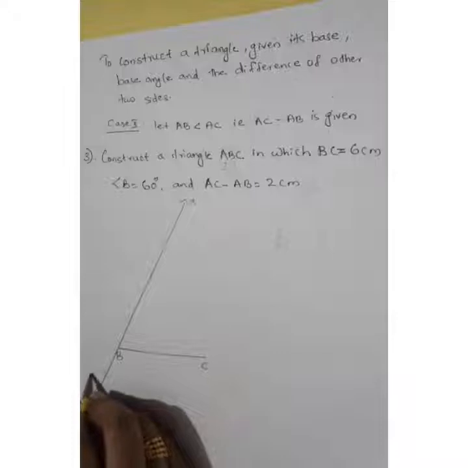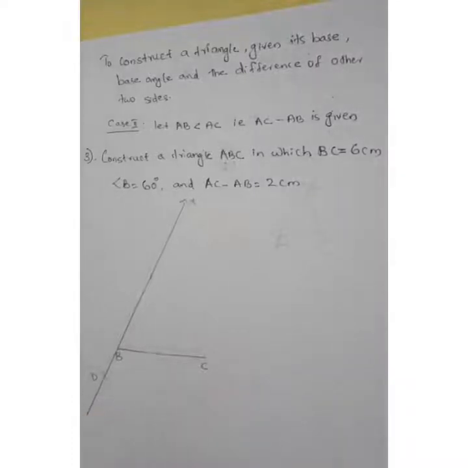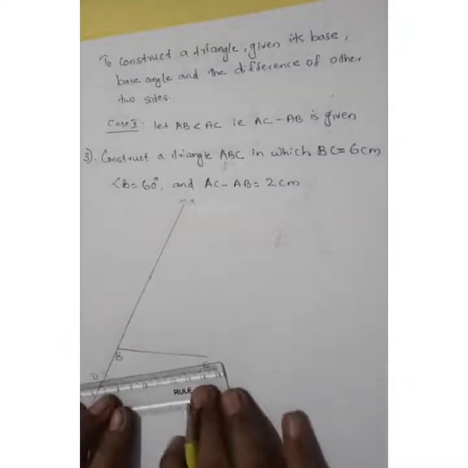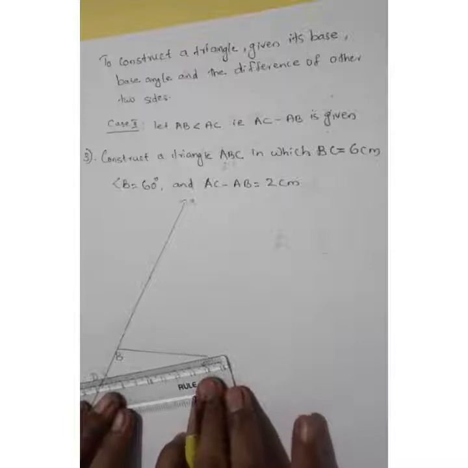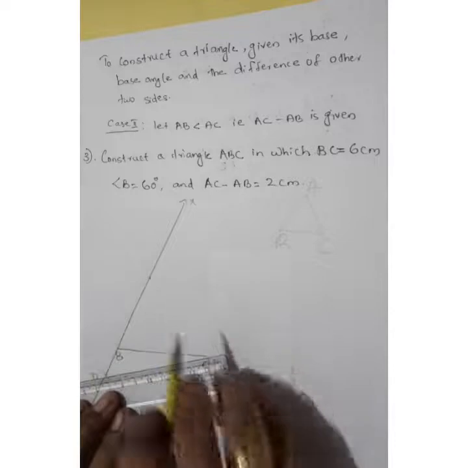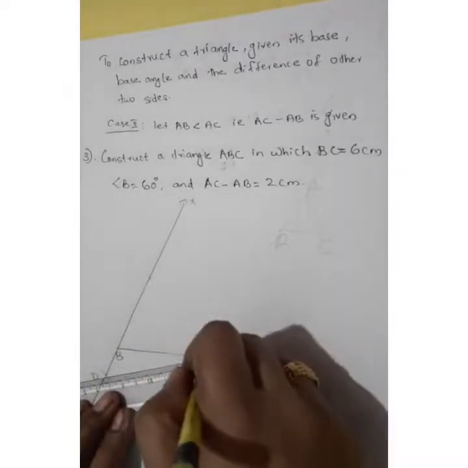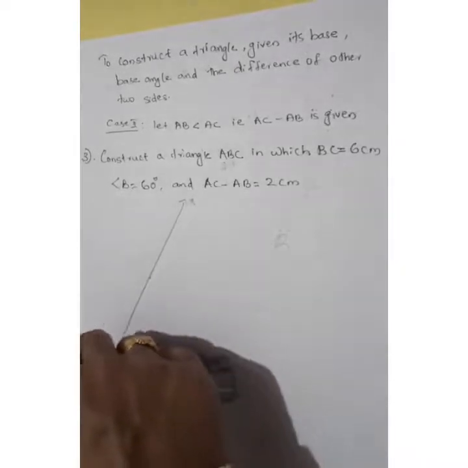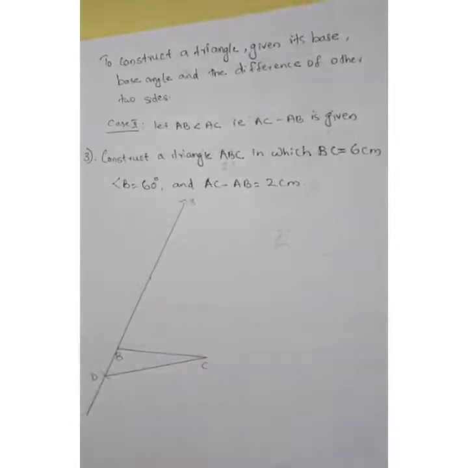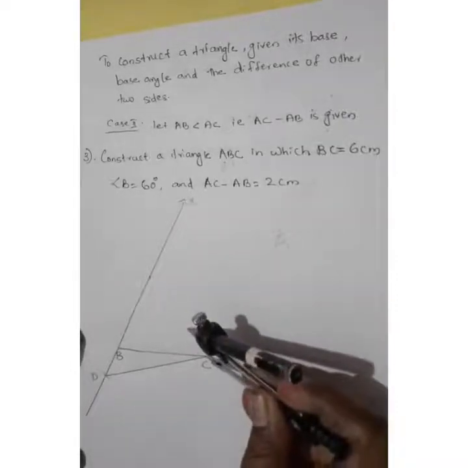This point is D. Then what is the next step? After getting the D, you have to join CD. The same procedure. Okay. Only the slight difference here. We extend downwards. Okay. Below. After that, you have to do the same thing. Okay. Now we get a CD. Then after that, what is the next step? You have to draw the perpendicular bisector. Similarly, as in the question before, you have to draw the perpendicular bisector.